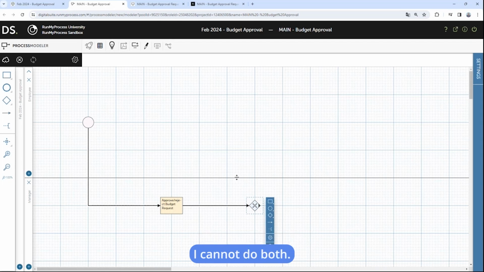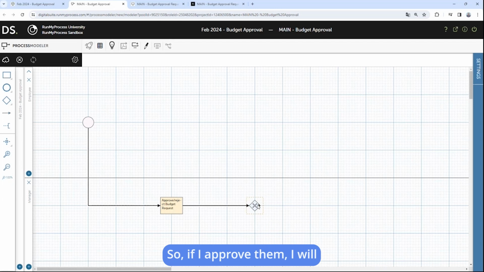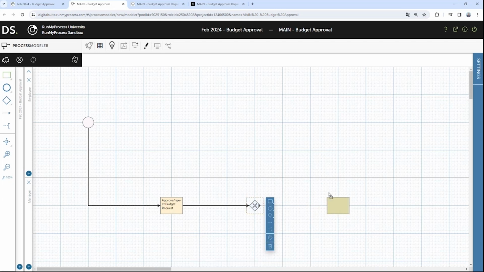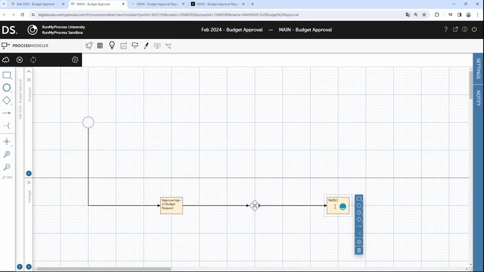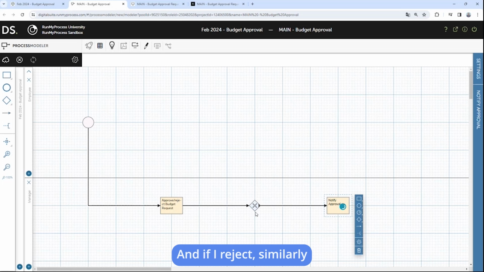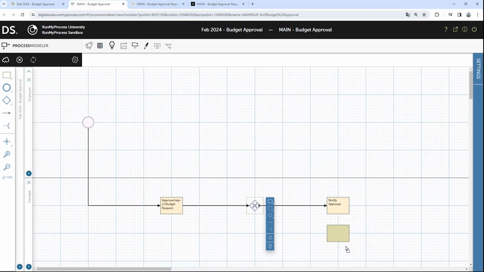I cannot do both. So if I approve, then I will notify for the approval. And if I reject, similarly, I will notify